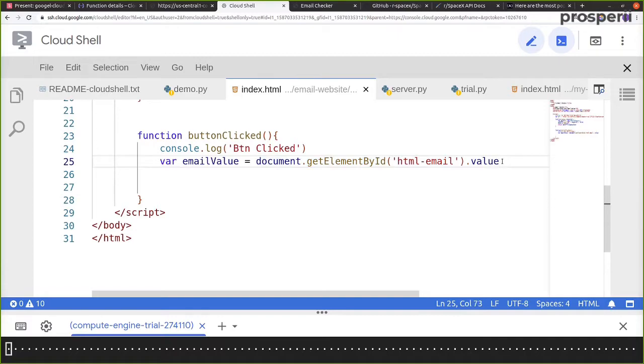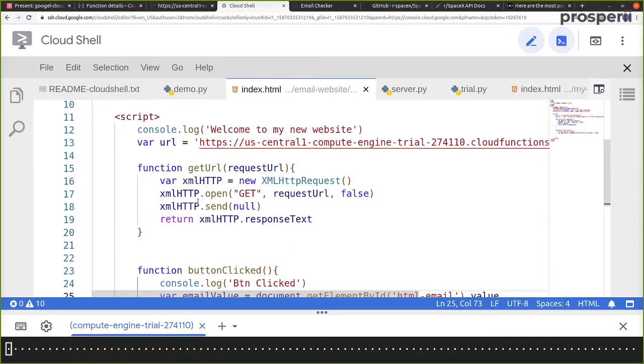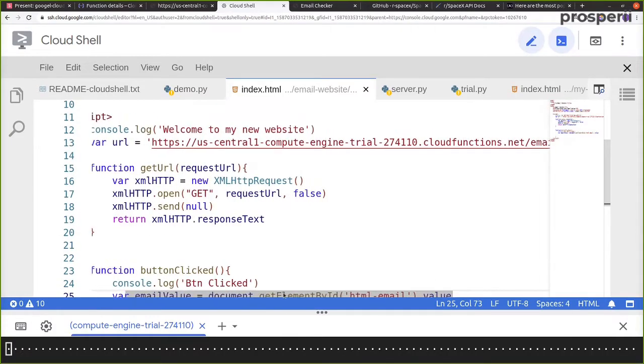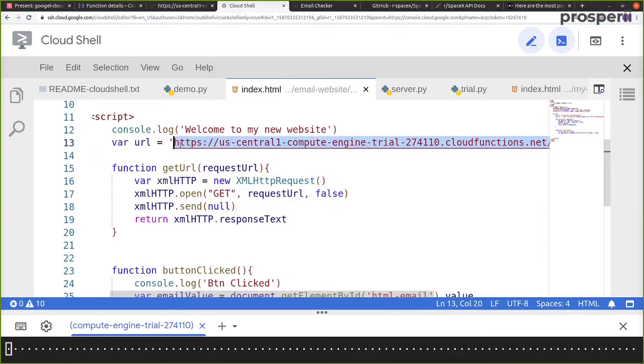Okay, so with this, after getting the email value, now we want to add this email value to the URL, because we want to make the URL so that it is email equal to, and then we have some email over here. So essentially we add the value of email to this particular URL.